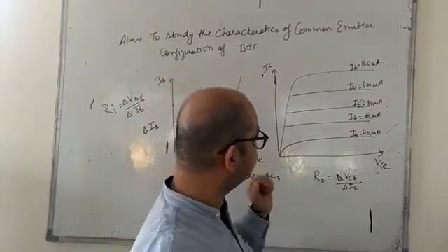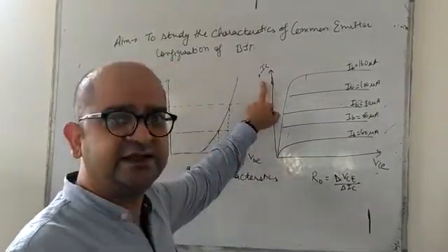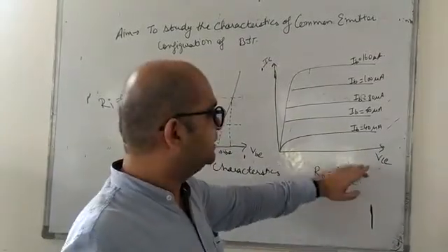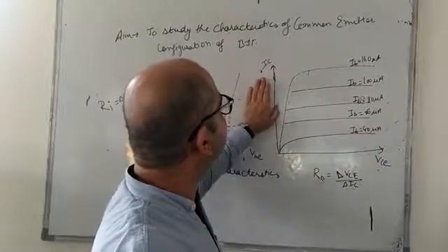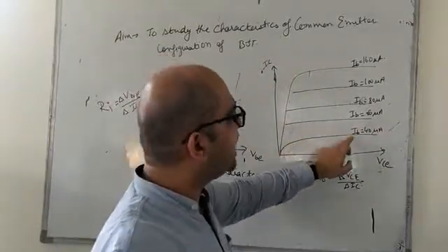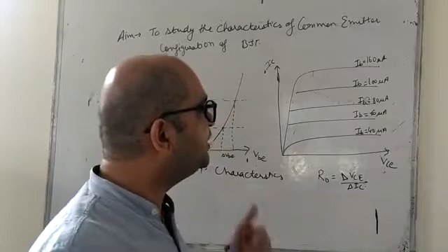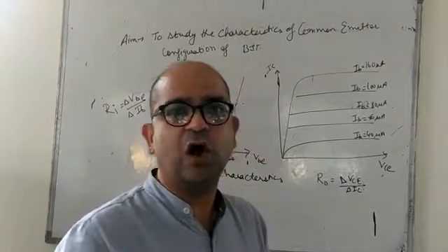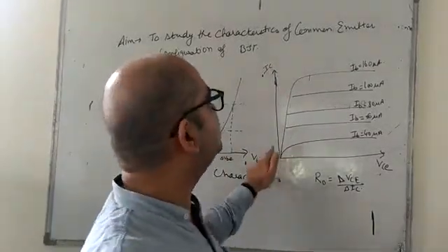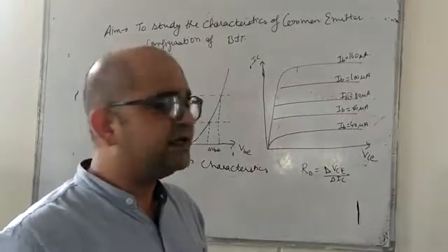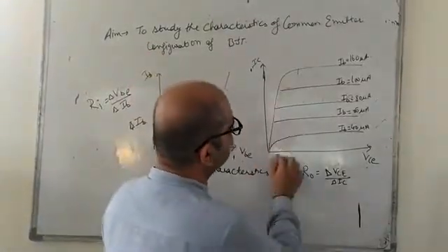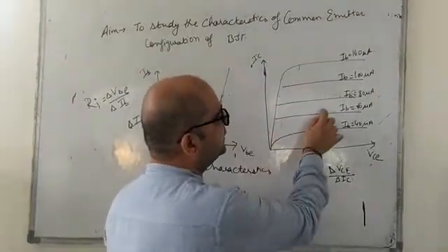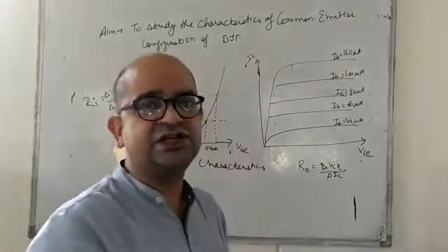In the output characteristics, we take IC, the collector current, and VCE, the voltage across the collector-emitter junction. This is taken as the output voltage, and VBE is the input voltage. We have taken IB as constant here. We will take IB at 40 microamperes in the first stage and vary VCE, the output voltage, and see the change in IC. But in this case there is not a steep rise in the current. It remains almost constant for different values of base current and variation of VCE.